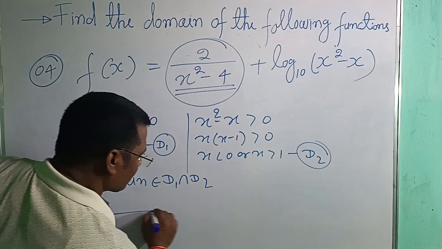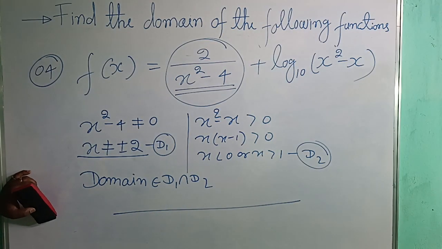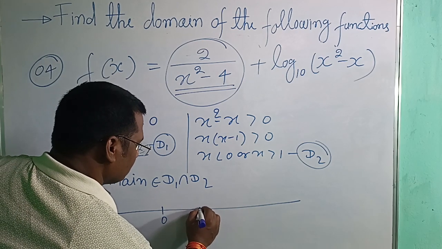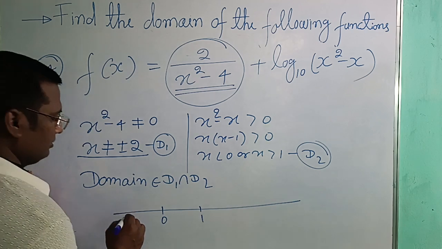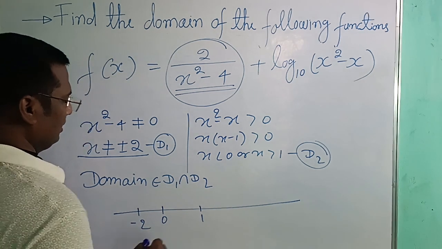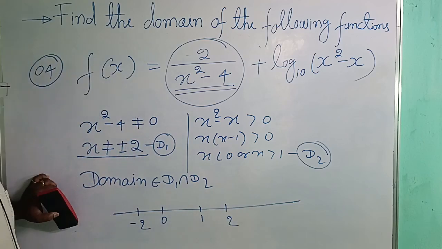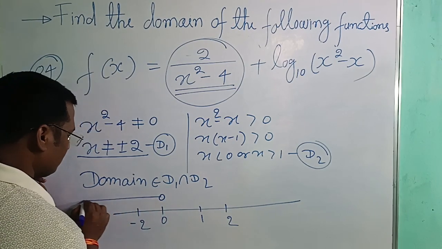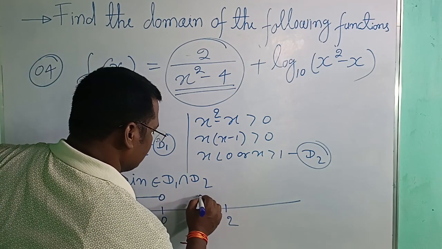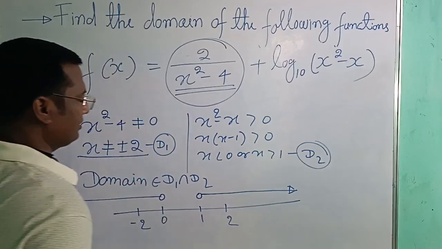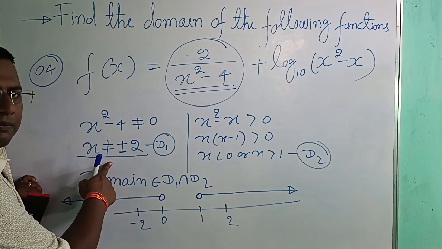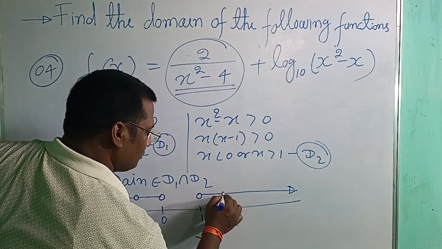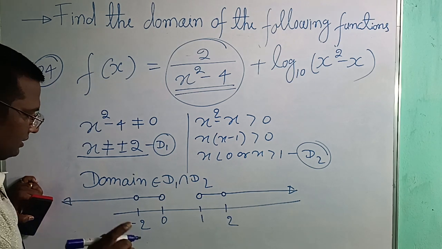For this, on the number line, this is 0, this is 1, okay, this is minus 2, and this is 2. Okay, so this is less than 0, this is greater than 1, but x should not be equal to plus minus 2. This should not be equal to minus 2. This should not be equal to 2. Okay, so your answer is